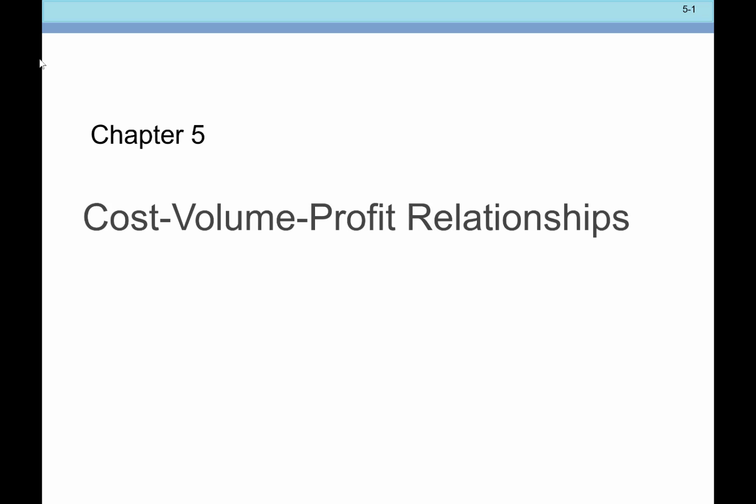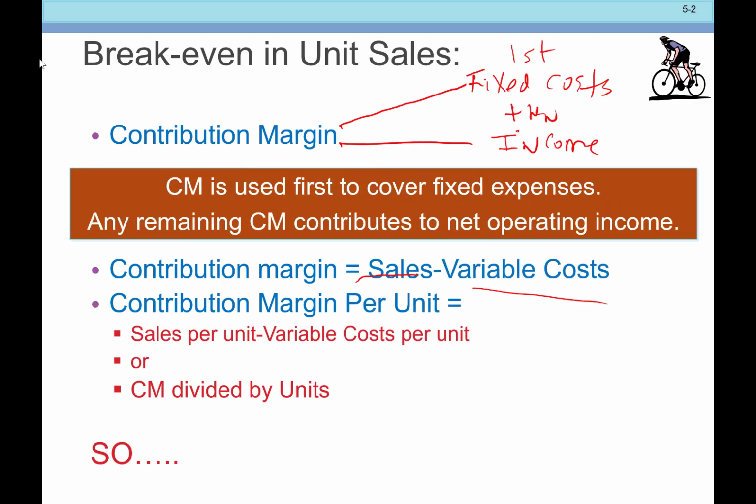Now, when we look at these cost, volume, profit relationships, one of the key ones is going to be figuring out our break even. Okay? Now, what we're going to see is that we're going to prepare our income statement using what we call a contribution format. So we're going to prepare a contribution income statement, and in the contribution income statement, we break our costs into those that are fixed versus those that are variable, right? And again, we've probably done some sort of analysis using regression analysis or using,